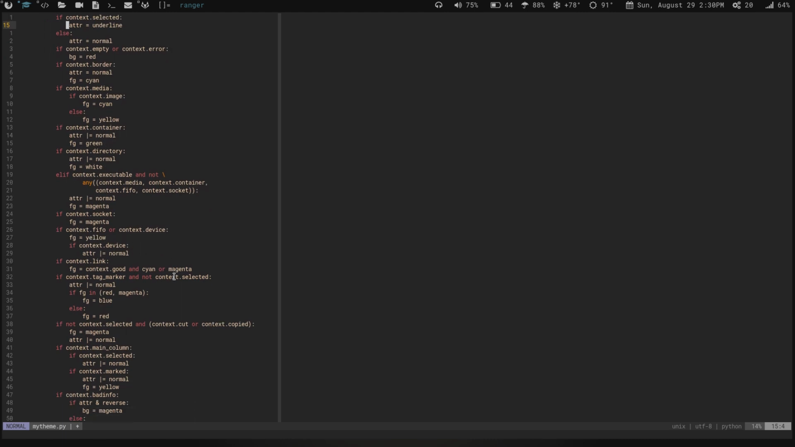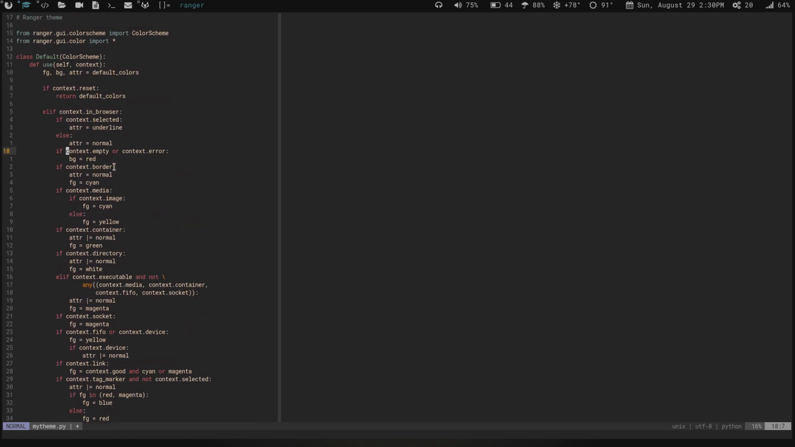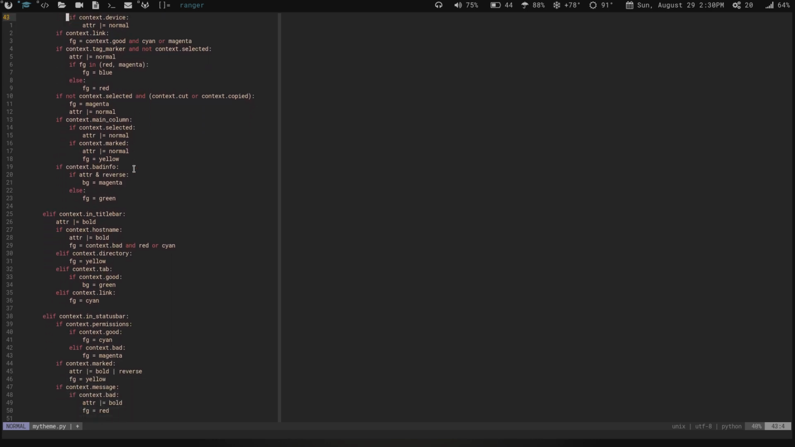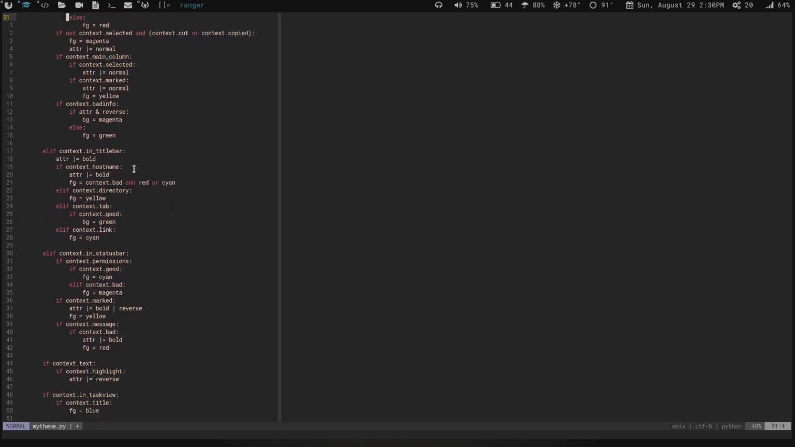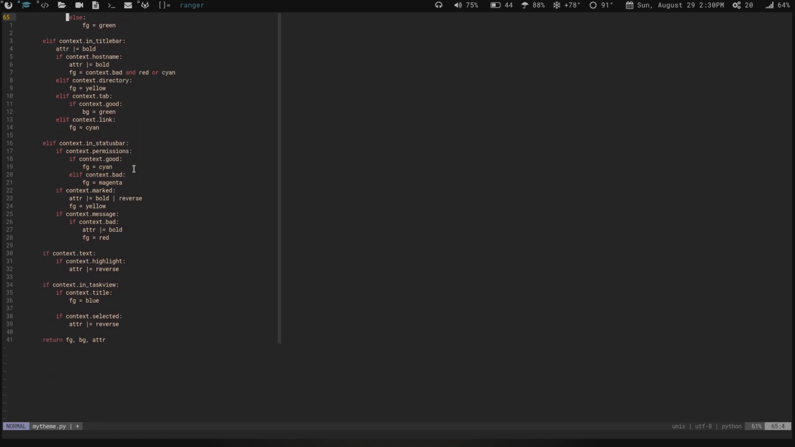So you just kind of go through here and change the different colors that you want, and a few of the things like I said, I have mine underlined instead of highlighted. You could also do reverse. But yeah, you just kind of go through this and pick what you want and what color you want it to be, and voila, you've got yourself a nice personalized color scheme for your